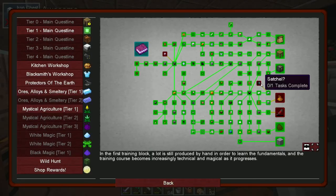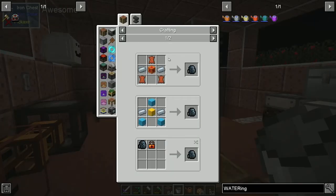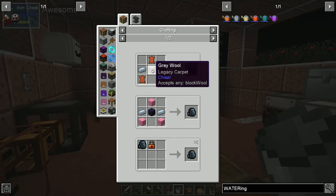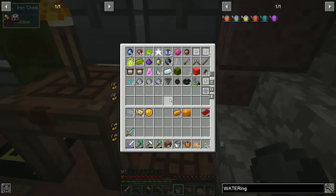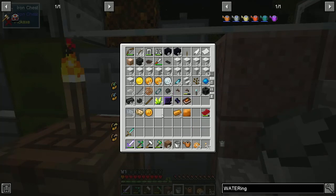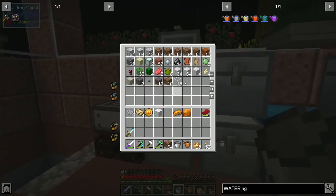And then a satchel to make. So a satchel will actually allow us to auto-collect. I'm not so sure about auto-collecting. But do we have what we need? For the basic satchel, all we really need is a pair of tin ingots, 3 leather, and some wool. Well, pretty sure we had some wool somewhere, but I don't remember where. Right there. So we have some wool. All we need now is the leather